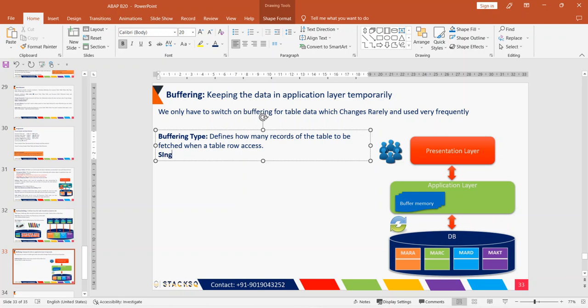There's single record buffering, then generic area buffering, and then fully buffered. Okay, single record buffering, generic area buffering, and fully buffered. What is single record buffering? When you access a table row,